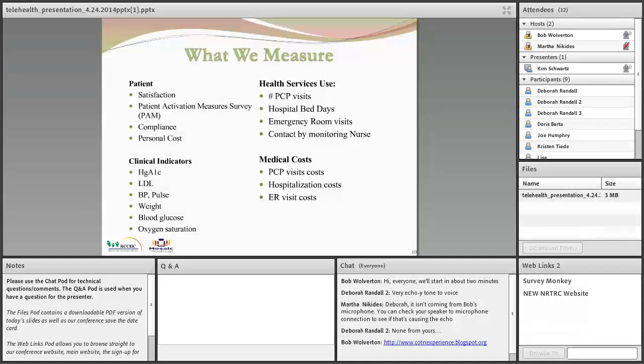But in the blood pressures, we're averaging about a 20 to 35% reduction over the course, if they've been on the program for 6 months. And on blood glucose levels, we actually saw a 44% reduction, and A1Cs as well. So if they stayed on the program and complied for 6 months, those are the kind of indicators we're getting. It's basically daily coaching from a nurse, and you track this information and give them a picture of what they're doing. So that's the plus in this, and then of course the monetary plus from the hospital impact on the health systems.